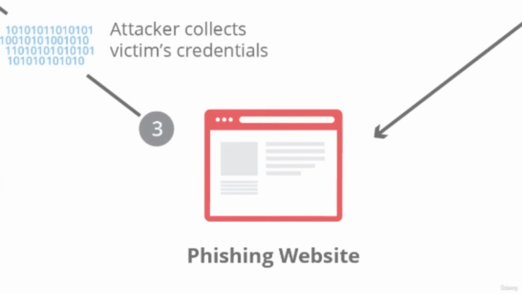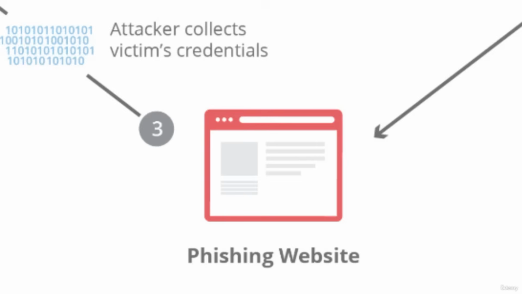Now, a phishing page could be any website page. It could be a Facebook page, if the attacker wants to hack your Facebook account, or your Gmail page or your LinkedIn page, or any page, depending on what information the attacker wants to access. If they want your Facebook access, the page will look similar, or in some cases look exactly like the real